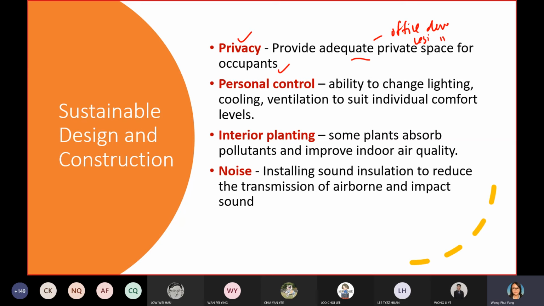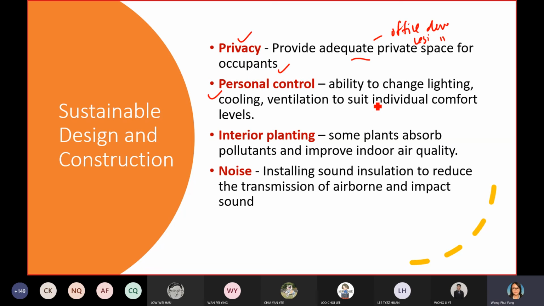I myself would prefer to have a dedicated room to work, or else I seriously cannot focus if somebody talks beside me, or somebody walks around in the common area. It's very distracting. So it actually will reduce my work productivity. It depends on the people. Some people they can accept, some people they are very happy. But generally, we should ensure the privacy.